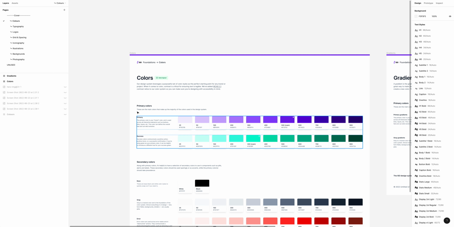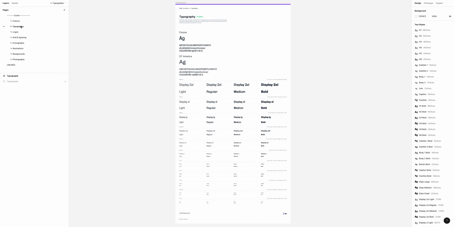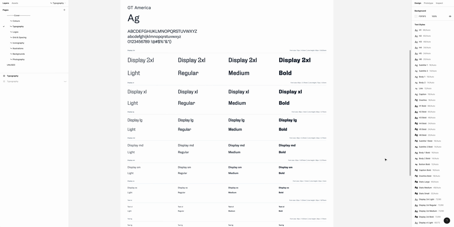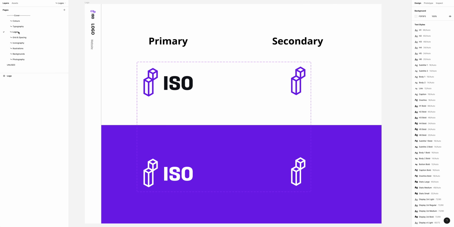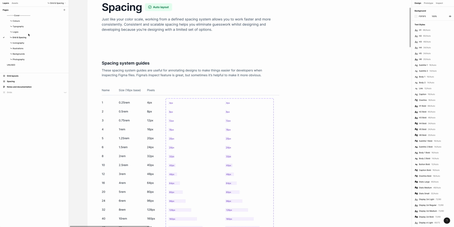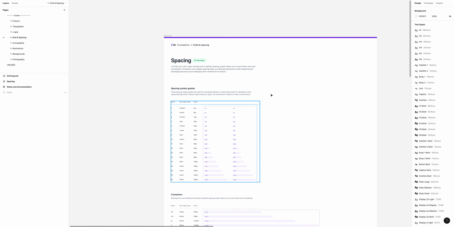There will be RGBs, typography, so these will be set up as Figma styles, logos, so these are the logos for the company that we've designed the website for, grids and spacing, which I